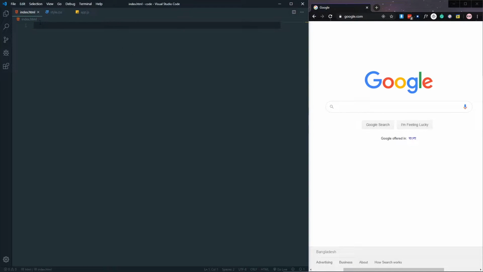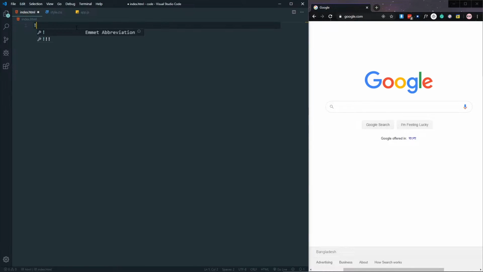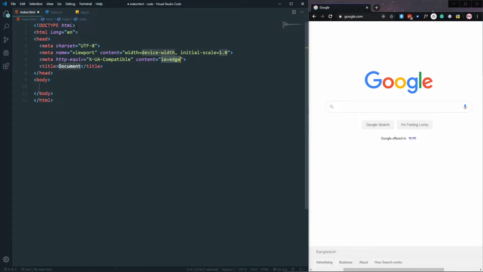So as you can see, here is my HTML file and CSS file and JavaScript file. In the CSS file I already added Google fonts. So let's create a boilerplate in the HTML file and let's give it a title of slide-in pop-up, and in the body let's create a div with a class of container, and here let's create another div which will contain our button. So let's give it a class of btn,